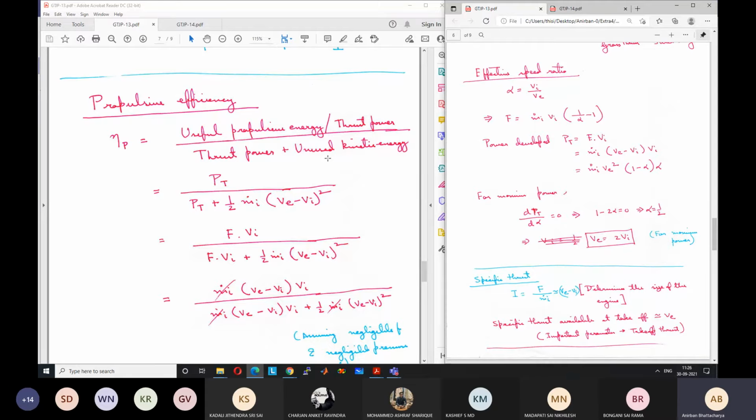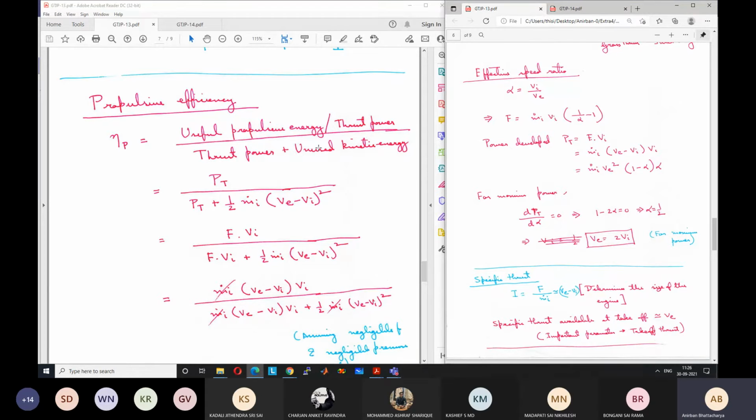So that is like a loss that is occurring. And as a result, although the engine may be developing a certain amount of energy, converting a certain amount of energy from the chemical energy available in the fuel, that entire energy cannot be used up for propelling the aircraft forward. Okay, I will explain this part slowly here because this is very important, and the understanding is very important for this part, because sometimes students get confused here.